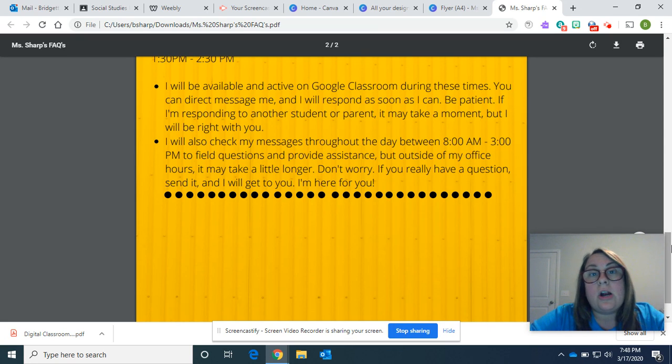Also, we began working on our African Ashanti spirit stools on Friday. We're talking about those ethnic groups, and the Ashanti is one specific group that we're doing this project for. Once you finish and you have your 5 to 10 things that are important to you and you've drawn them together, remember they need to touch, and they can't be free floating because that would look funny. And you have your base and you have your stool top,